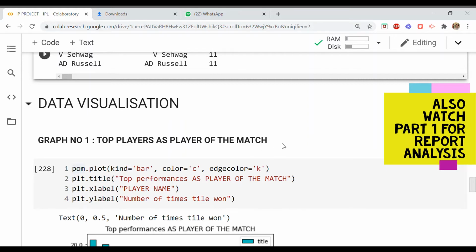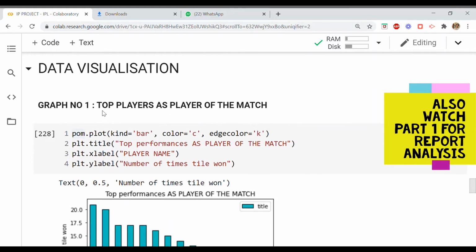The CSV file which I have used here is matches.csv, which has the complete data set of the IPL matches. This CSV file has been downloaded from the Kaggle website, and Kaggle is basically a website which contains a lot of data sets where you can get ready-made CSV files. You can also create your own data set as a CSV file, and you can upload it in the public domain in Kaggle also for other people to use. Now, based upon that file which I have downloaded, matches.csv, we are talking about the graphs over here.